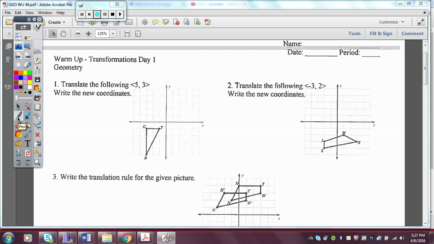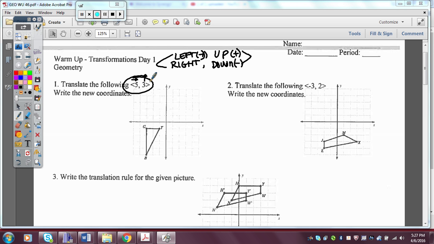Okay. So when you translate a shape, a point, anything on a coordinate plane, it follows a vector rule. In the vector, you either go left or right. What's the first value? If it's negative, you go left. If it's positive, you go right. And then the second value, you either go up or down. If it's up, that's positive. If you go down, it's negative. Okay? So notice in your vector, they're both positive, so that means you're going to the right and you're going